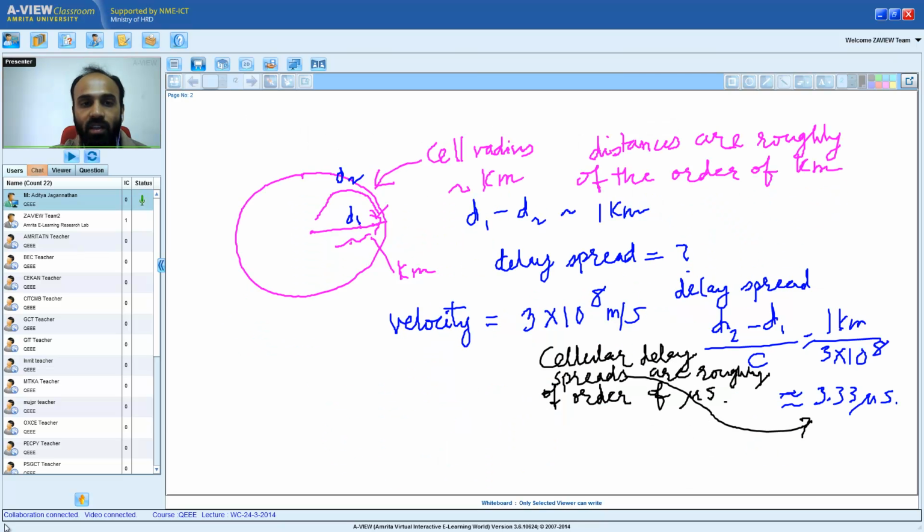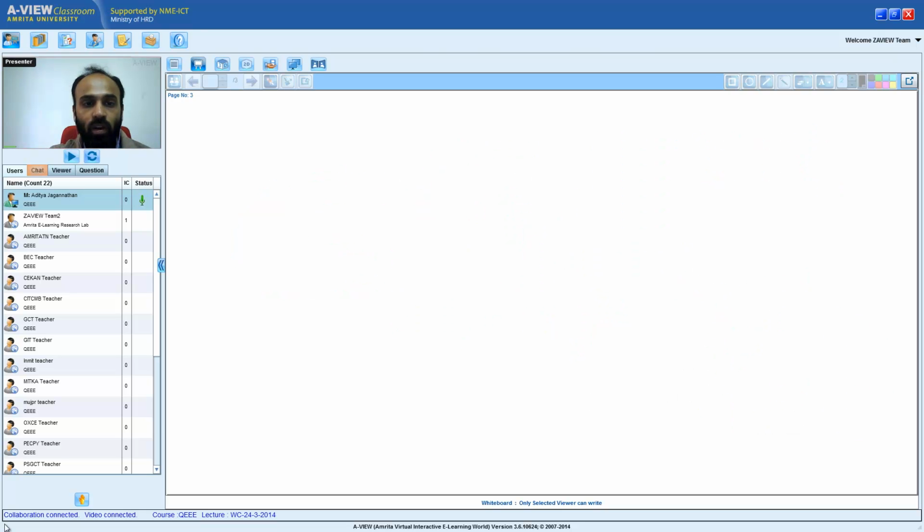So one way of measuring the delay spread is,